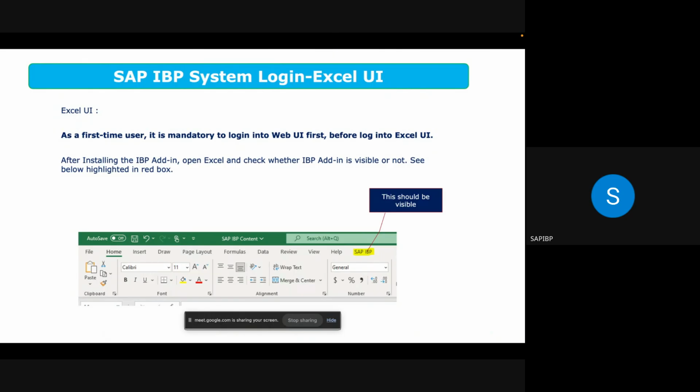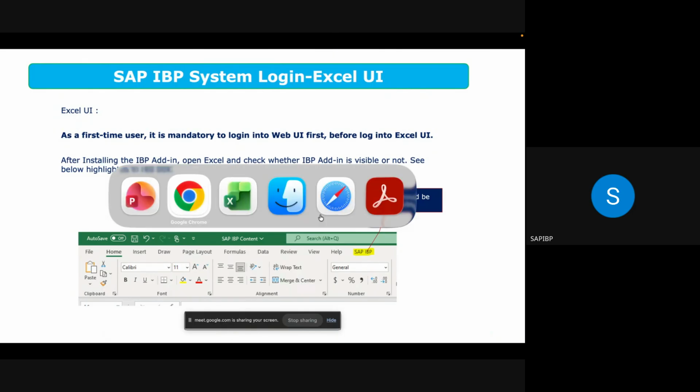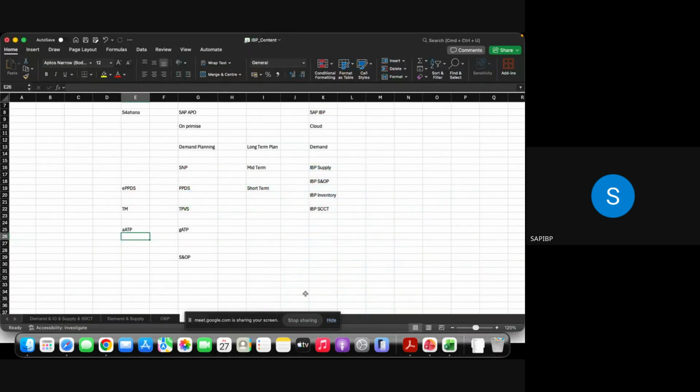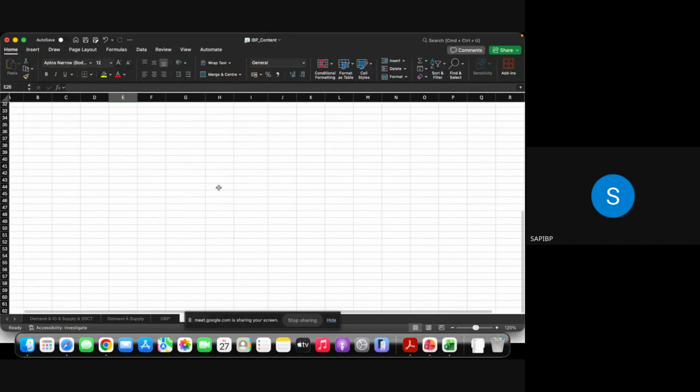Whenever you are dealing with any kind of planning, you require both master data and transactional data. For example, let us say I have a sales history of 100. I have given this data, right? If I give this data, will you be able to do the demand planning? So immediately you will ask, right?